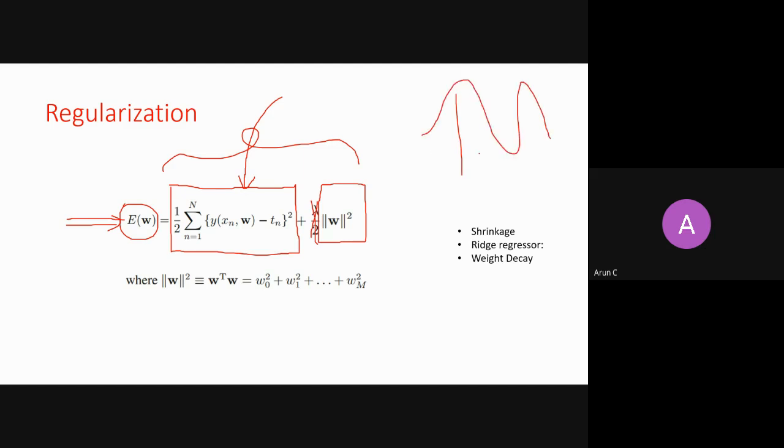The moment it starts taking zigzag turns, your norm will grow. If the norm grows, it is also part of the error function, and you will try to minimize the error, which means you're trying to minimize the norm. When you try to minimize the norm, the first term will grow, because now your curve will not fit every data point. So there is a trade-off. Once you minimize the first term, the second will grow. When you minimize the second term, the first will grow. And this is a trade-off, right?